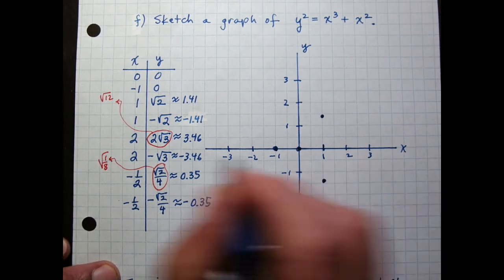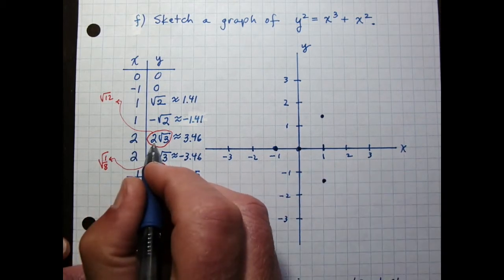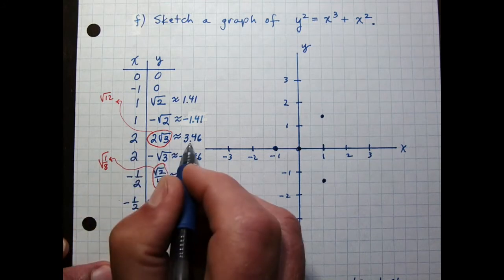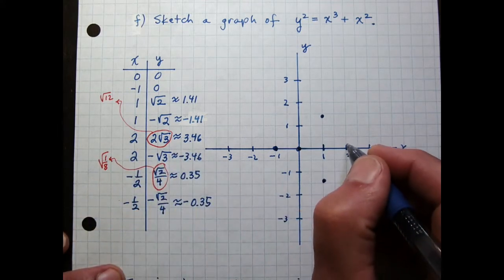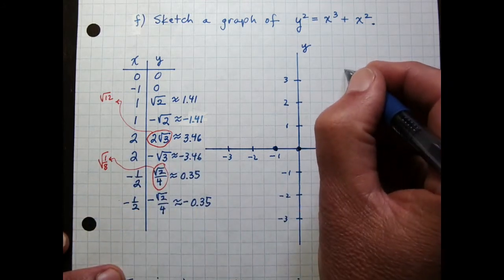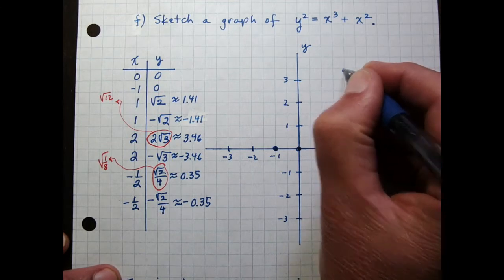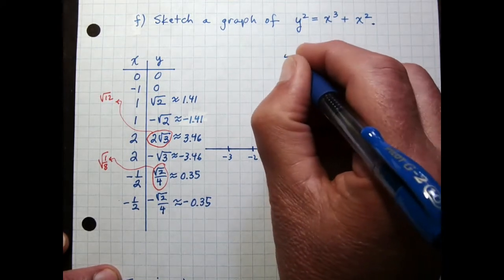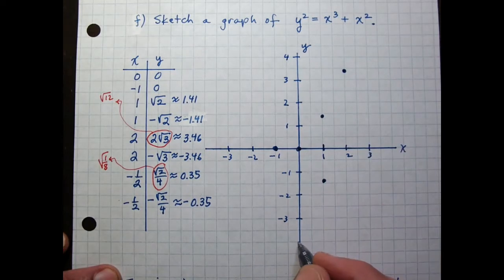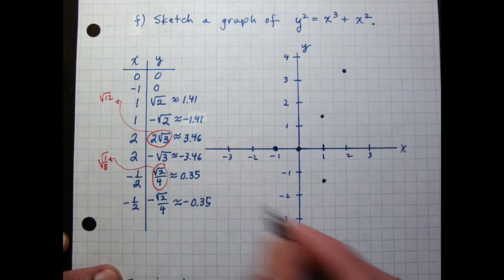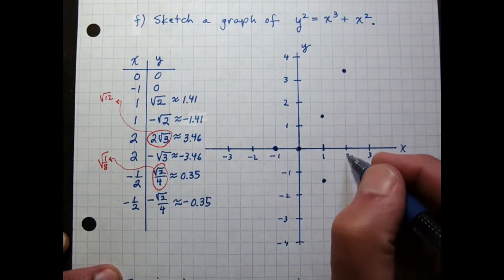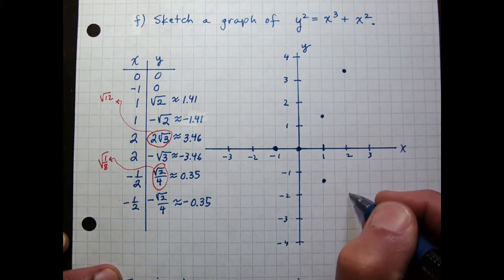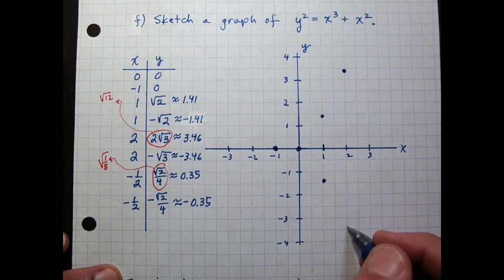I have 2, square root of 3, but that's 3.46. 3.46 is just below. That's going to be 4 up there, so 3.5. And here's negative 4. And then I have 2, negative that same value, so negative 1, negative 2, negative 3.46